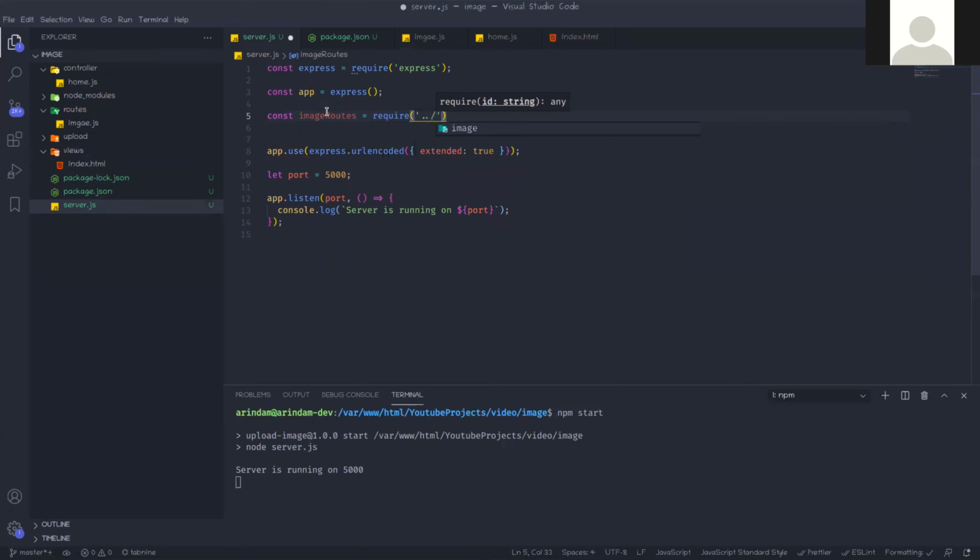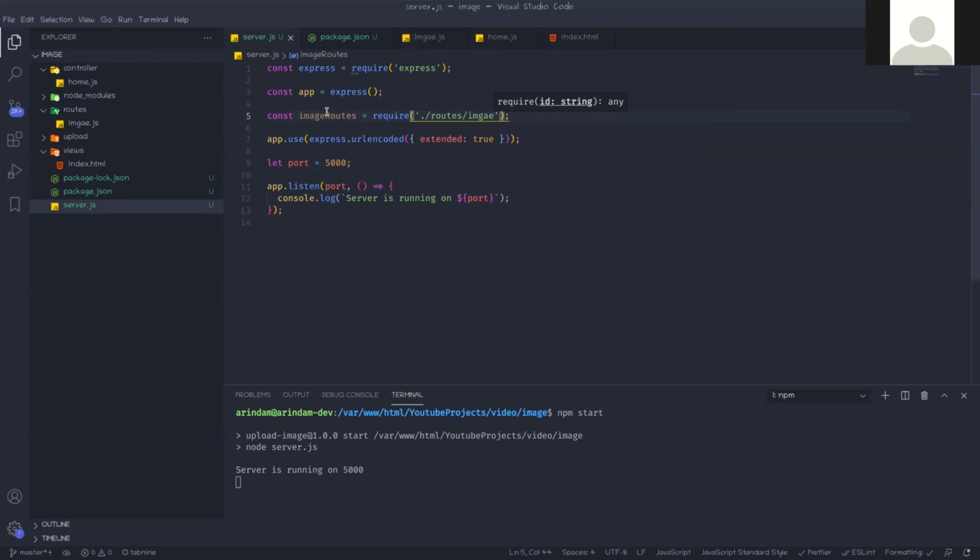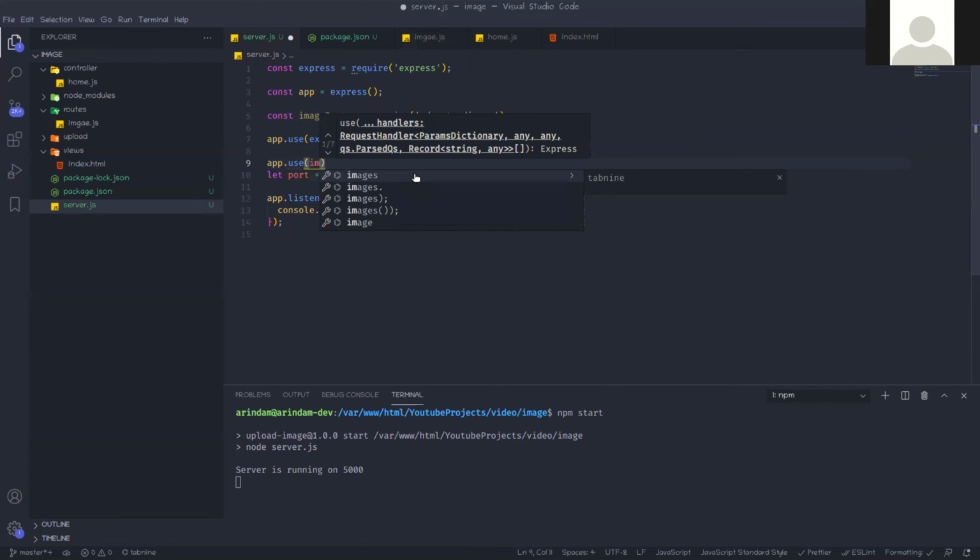So that should be ./routes/imageRoutes. Now we need to use these image routes. So app.use(imageRoutes).